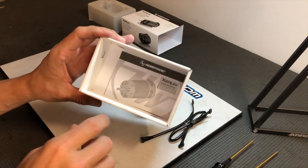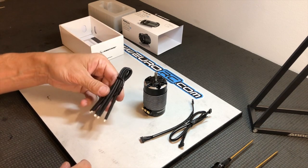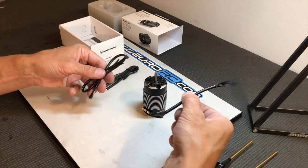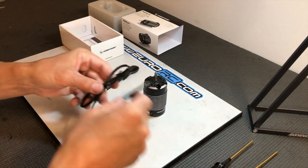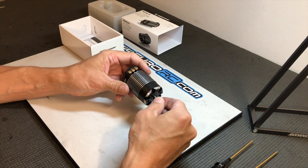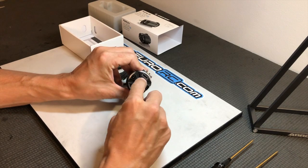Here we have a user manual, connecting wires and sensor cables. We have short one and a little bit longer one included. And motor, we have ABC connections here. Here is the sensor port